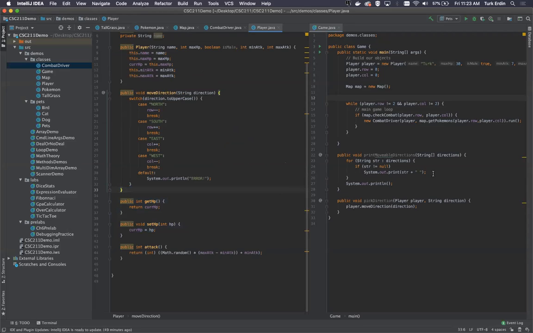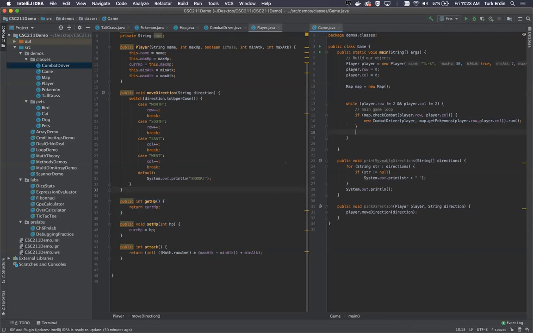Where were we? Okay. So we're going to check at the beginning of each round if the user has combat, and then we're going to run the combat, and then after that,